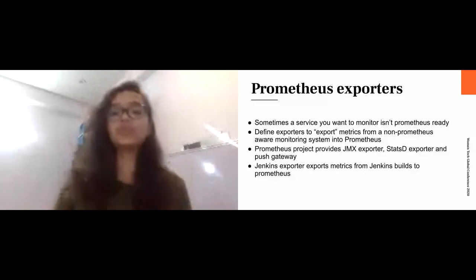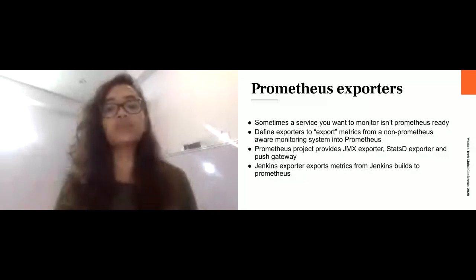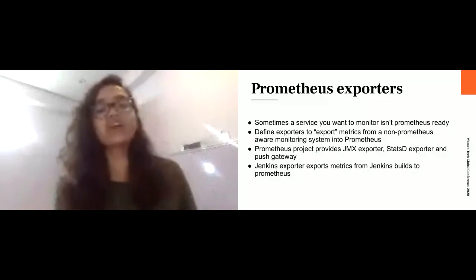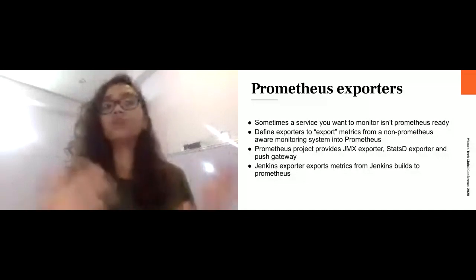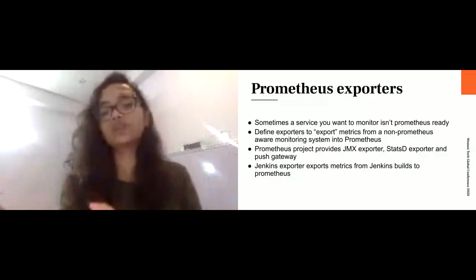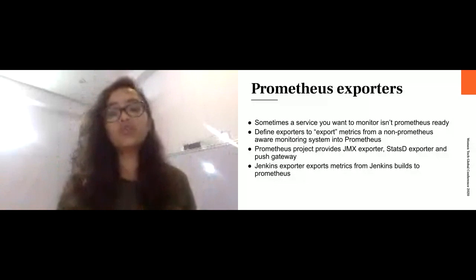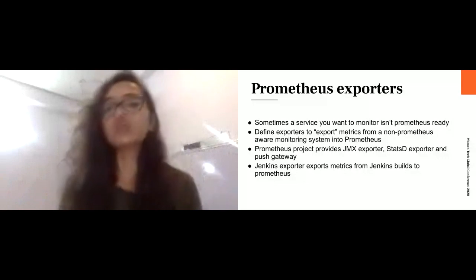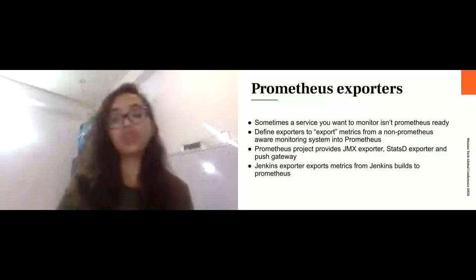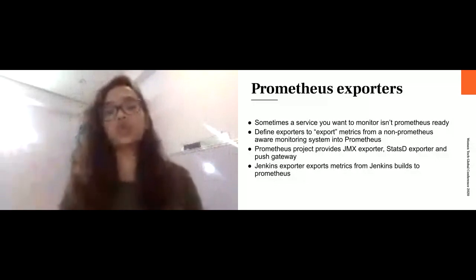For example, in my company, I built a Jenkins exporter that reads metrics from Jenkins. Now it's really cool, right? You have your own dashboards in Jenkins, and I can analyze the failure rate of any job, which is critical. For example, we have a deployment job, and we always want to monitor that job. So we built a Jenkins exporter using a Python Prometheus library, and we wrote logic to understand the working of Jenkins. For example, whenever the failure rate increases beyond some threshold, we get notified. Now that was quite helpful to us.